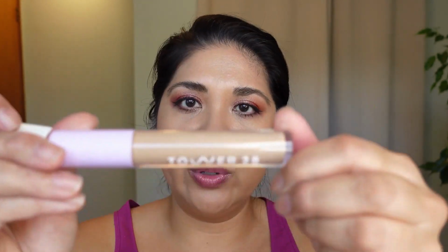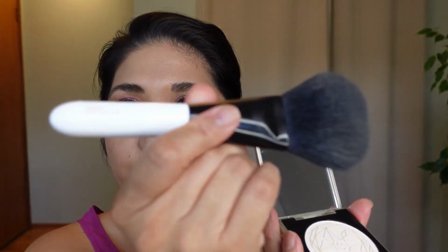What I'm going to do is take this Kyoto brush I have. Primer, I use the Tatcha Liquid Canvas Primer, and then use the SUQQU 040, the foundation. And on my eyes, I'm wear testing the Tower 28 Serum Concealer, and I got it in shade, I think 10. I'll put all the details below, but I'm wear testing to see if this concealer is any good. Okay, so I'm going to take my Kyoto brush